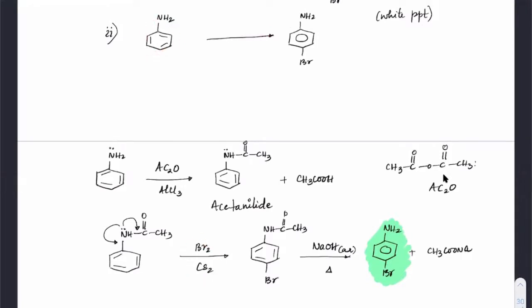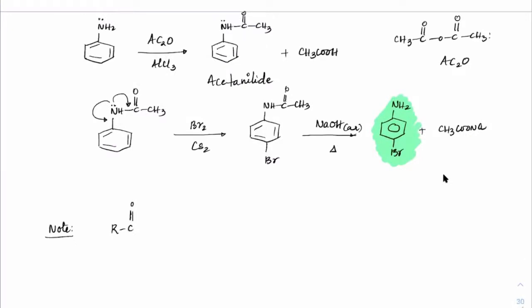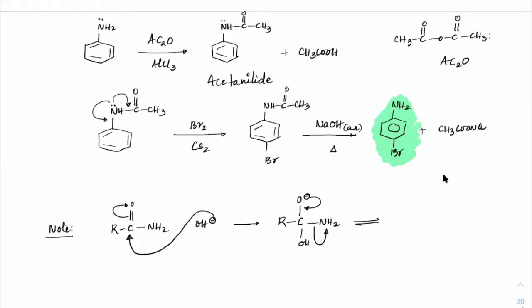Instead, first converting this NH2 into an acetanilide form, and from there we are making the electrophilic aromatic substitution happen. This is an amide, right? In the presence of OH minus it will react here as nucleophilic addition takes place. You get O minus, OH, NH2. We have learned this as the base catalyzed E1CB mechanism, where this group will close back and NH2 will come out now. So what do we get here? We'll get this as RC double bond O, OH plus NH2 minus.